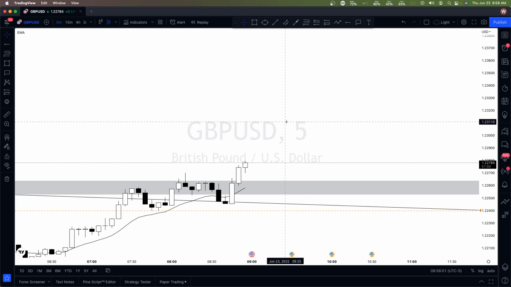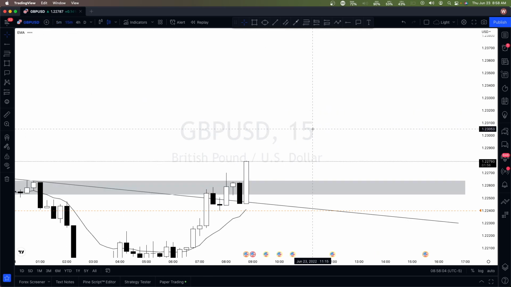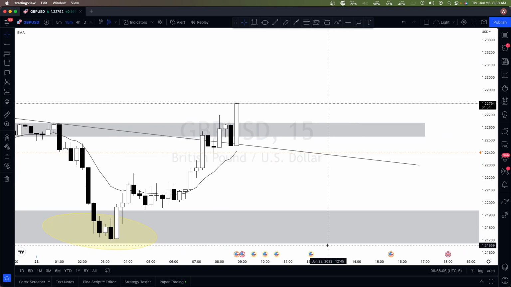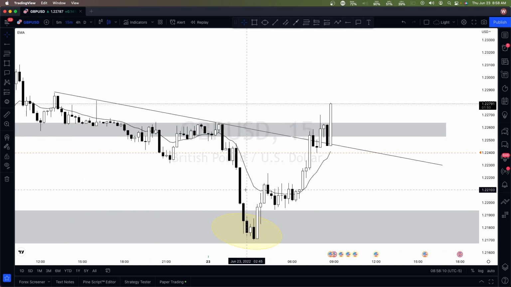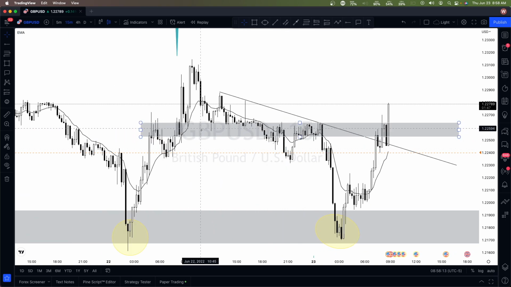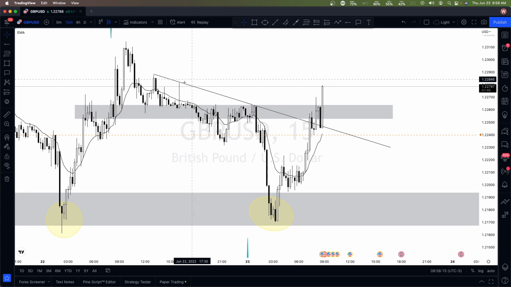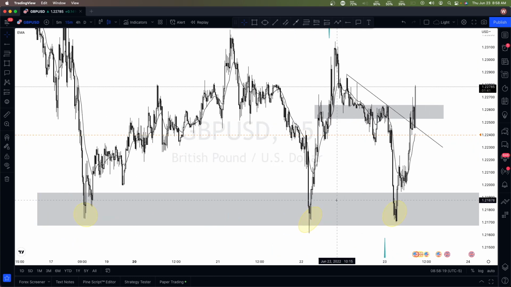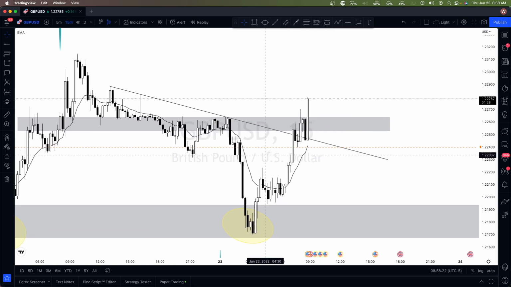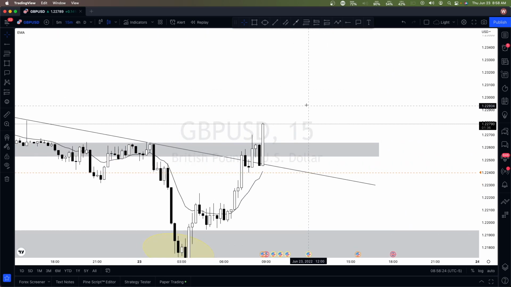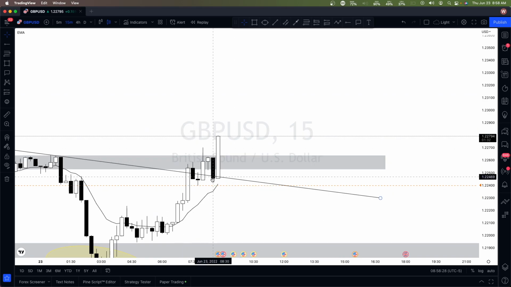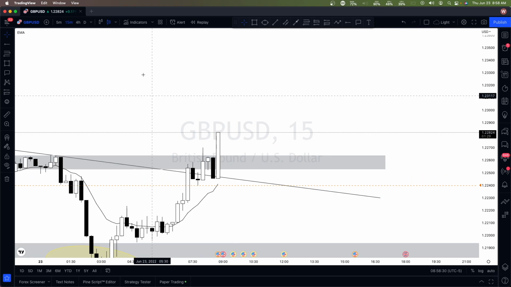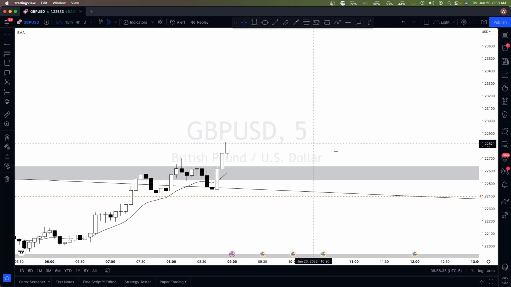All right, so let's review what we have here. The 15-minute chart is closing in 2 minutes. I have marked this area right here. This is a key area. Price has been here multiple times. In this downtrend right here, this was the third time that price touched this key area. So in between these two areas, you have this downtrend. We shot up, tested a couple of times, came back down, and retested this area. Now I have this massive candle right here,